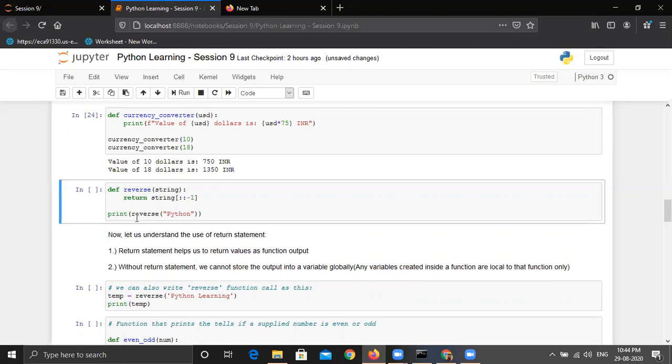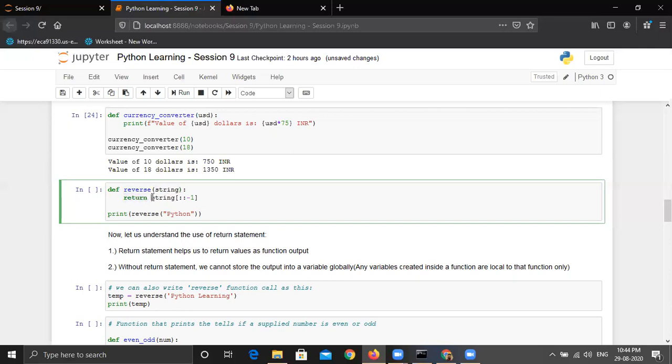Okay, moving ahead. This is a function to reverse any string. A few sessions ago, we talked about this example where we took the input from the user and reversed the string. Now let's create this function reverse, and it is taking one argument as string. It can be anything, it can be only S, but I'm writing string right now. So now there is something new that we can see in this program, which is return.